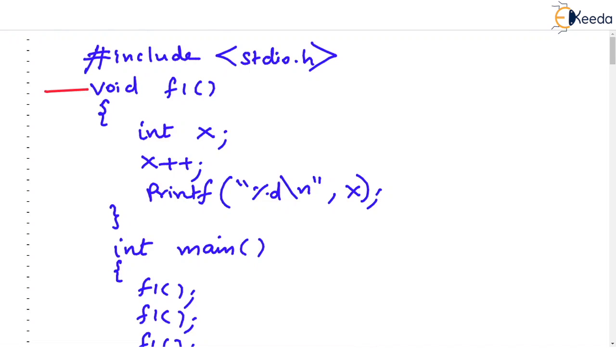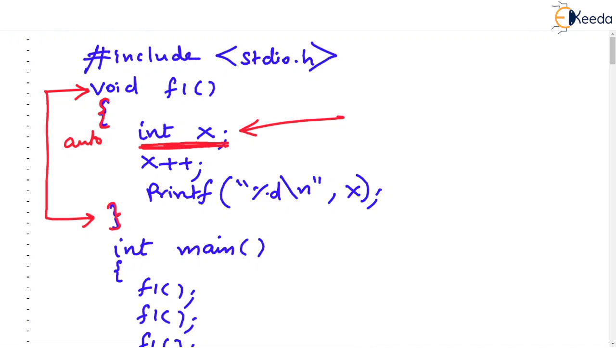Now you see here that there is a void f1 function again, but in this function we have declared int x. Look, we have not written the word static. You immediately know that we have not given any storage class, but x has been declared within the scope, correct? So this x has auto storage class in this example. And listen, we have not given any initial value to x, so you all know x will assume some garbage value.